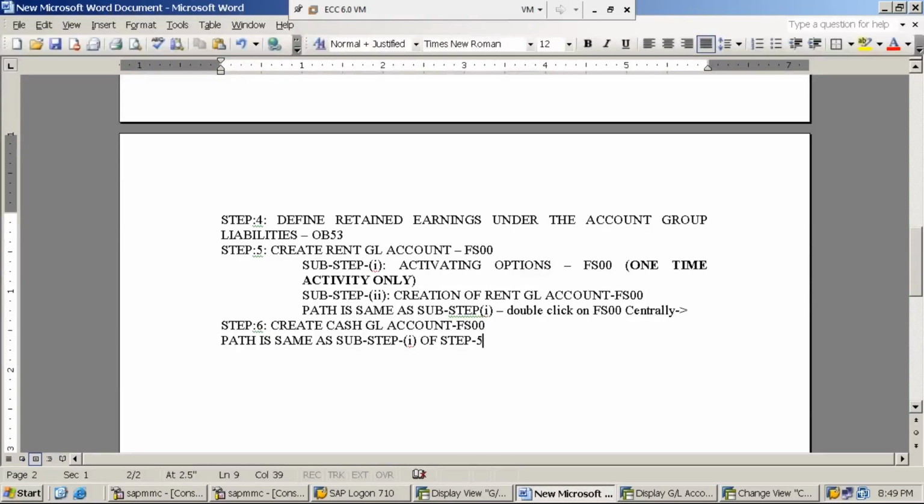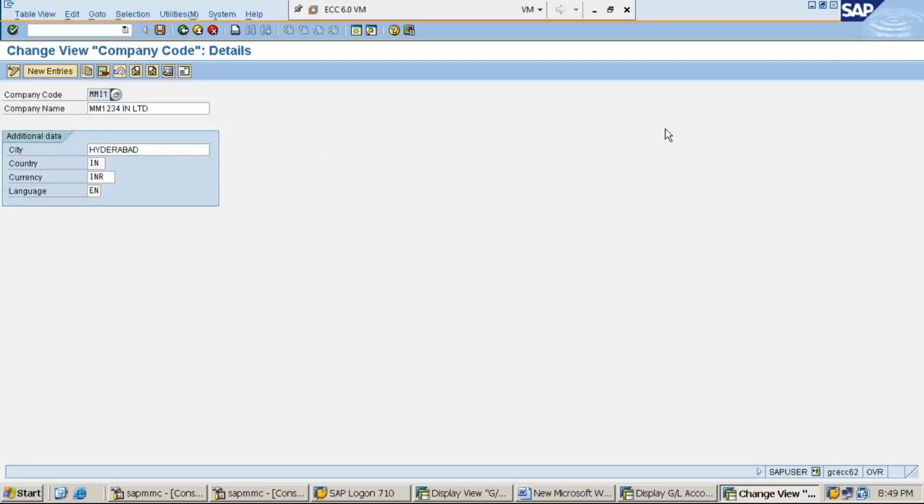Hope you understood, ma'am. Right? So now let us create one more GL account, the cash GL account.